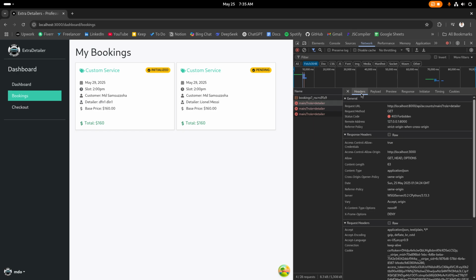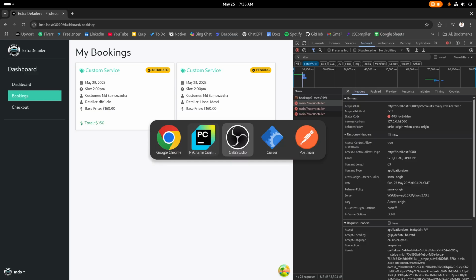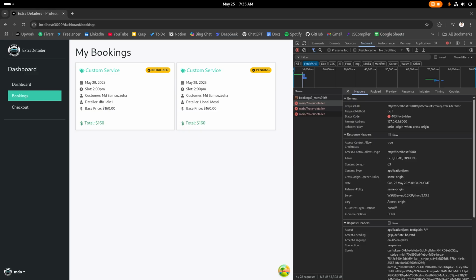Once I had logged in as detailer previously, and it was showing all of my bookings. And if you want to change anything else, let me know, I'll fix it, and I'll add chat functionality as soon as possible. Thank you for your